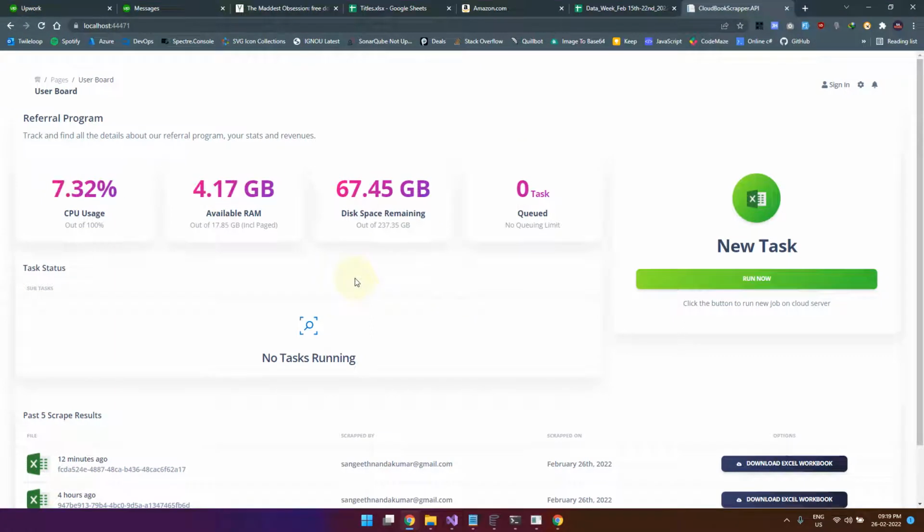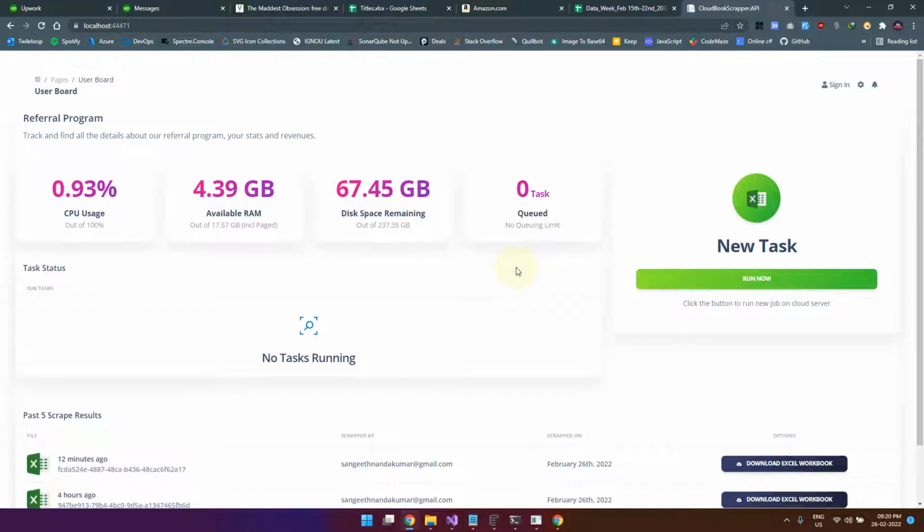Another thing to point out is that I have implemented a queuing system to prevent the server from crashing, because scraping is a resource intensive operation and if too many resources are being used, there is a chance of a crash. So we have a queuing system implemented in the application that will intelligently manage all the requests coming to the server. It will queue the requests and process them one by one instead of loading everything into the server memory. That's an overall view.